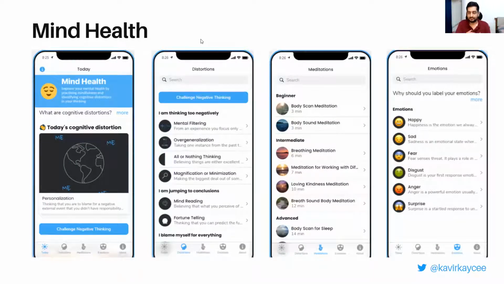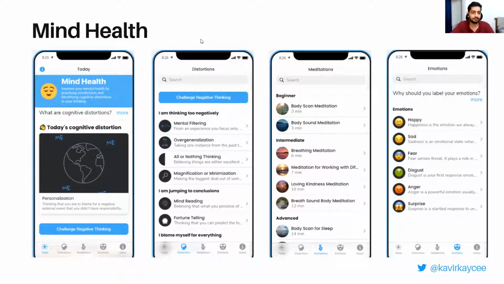And now I'll dive into the examples. First one, which is mind health and showcasing information in a list and detail layout. So this is mind health. It has 5 tabs. It contains information on cognitive distortions. It contains a list of meditations and a list of emotions. All of this is taken from a Google Sheet. That's dynamic, that can change information whenever required. You can have videos, you can have audio files playing from a Google Sheet through a link, which makes it dynamic. So many of the meditations that you see on the screen are essentially linked as an audio file that